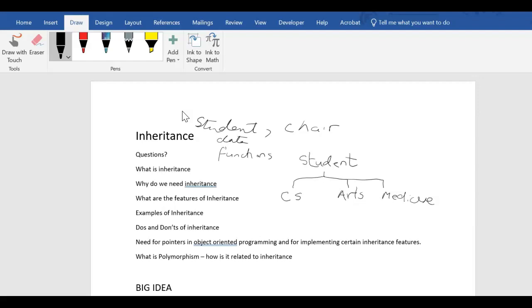And you could have further specialization, which is either of these categories or as many categories. Now, what we say here is that a computer science student is a student, an art student is a student, a medical student is a student. So you see there is a hierarchical relationship in which CS is a subset of this big student group, arts is a subset of the student group, and medical students are a subset of the student group, and sometimes these are mutually exclusive. Now, what we can also have is an art student could consist of fine arts, or could be a political science